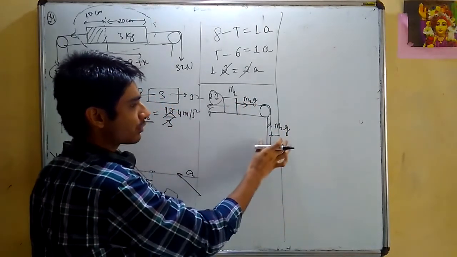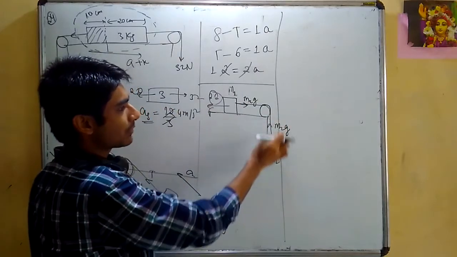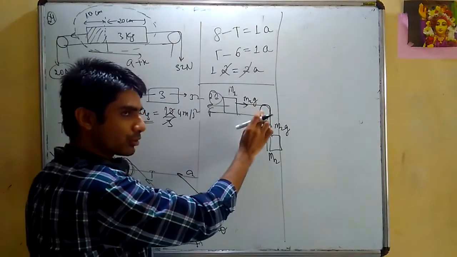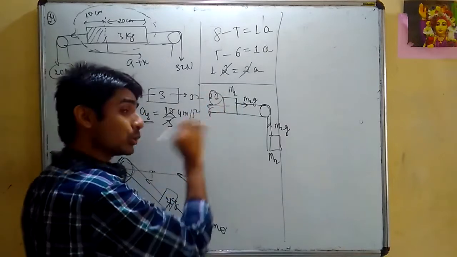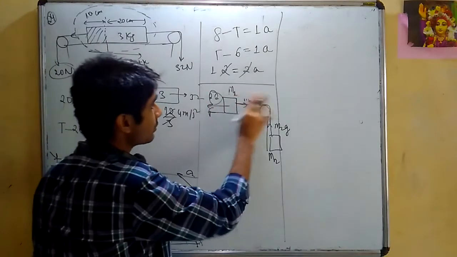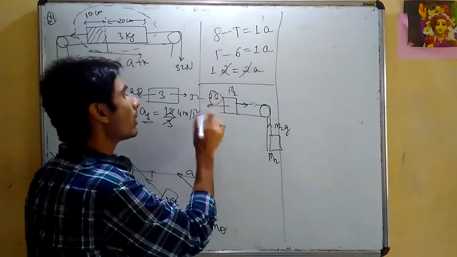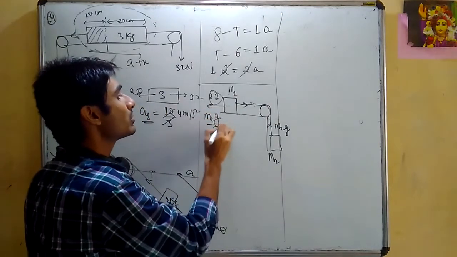So here, if the system has to stay at rest, how much force should be applied upward? m2g. Therefore here also, how much should it be? m2g. How much force do I have to apply backward? m2g. But in the question, if you see, the force is not m2g, it is less than that. What is given in the question? It is m2g by 2.